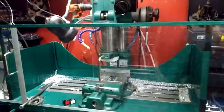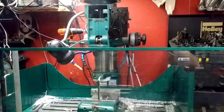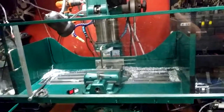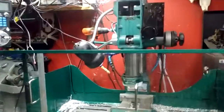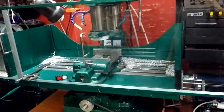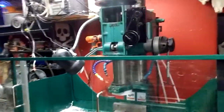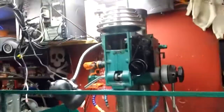I just feel like, for lack of better words, I wanted this thing a total enclosure, but I did the necessary mods, if you will, to kind of keep the chips in there. As you can see, several chips, but not on the floor, which is kind of an achievement for me. So the only thing I want to update is